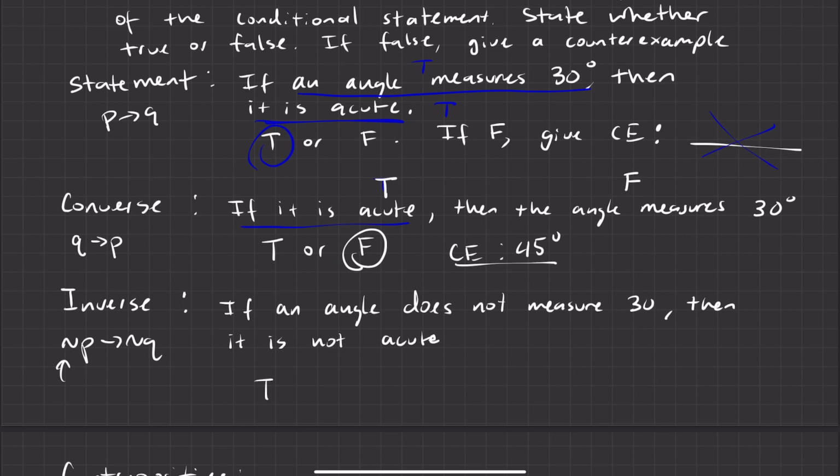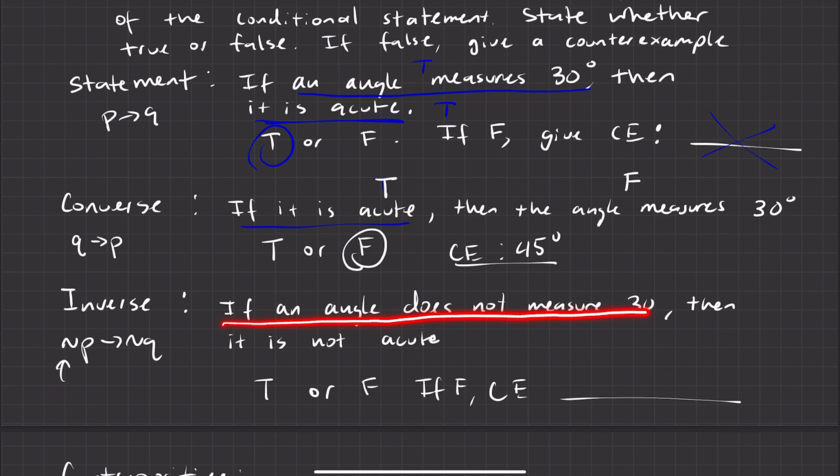Okay, and now is the conditional true or is it false? If it's false, provide a counterexample. Okay, that's if it's only false. Let's take a look at this. If an angle does not measure 30 degrees, does it imply that it is not acute? Okay, so here, an angle doesn't have to measure 30 degrees. That is true. Okay, so this thing here is true because an angle doesn't have to measure 30 degrees, but